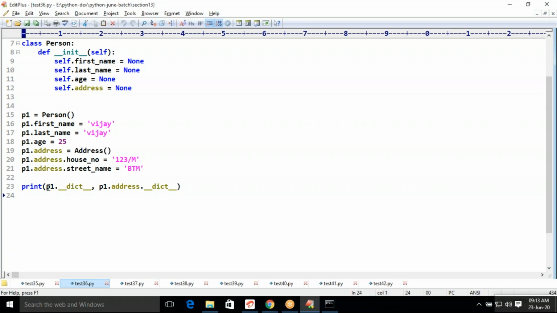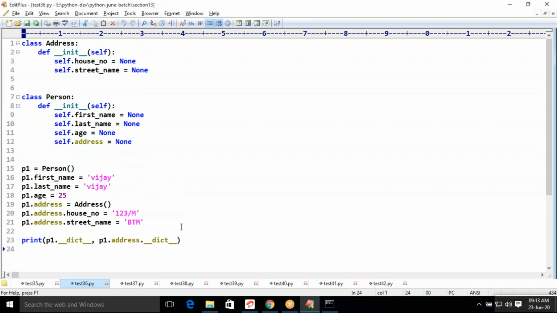If you go for P1 dot dictionary, you will get the complete data including address, but for address you will only get memory information. If you want the complete address data, you can go for P1 dot address dictionary.